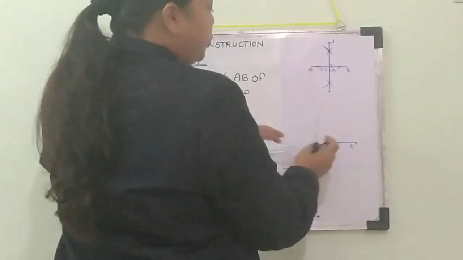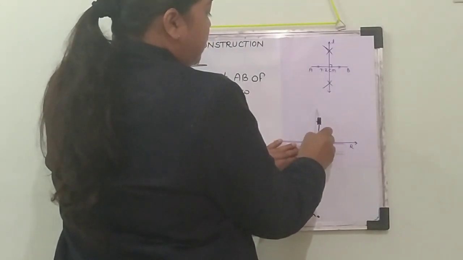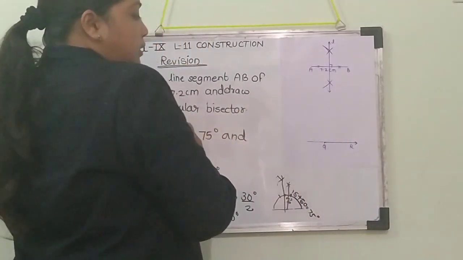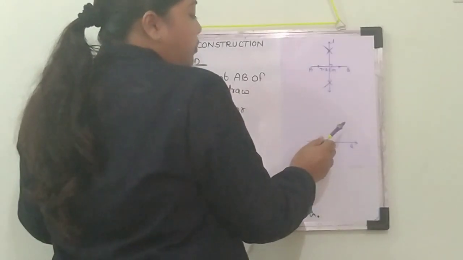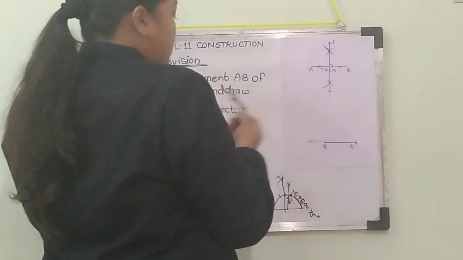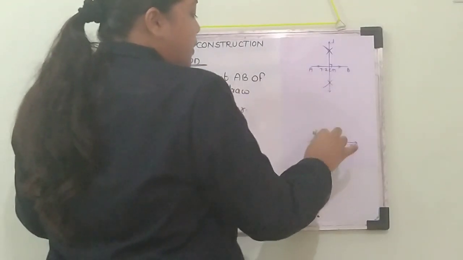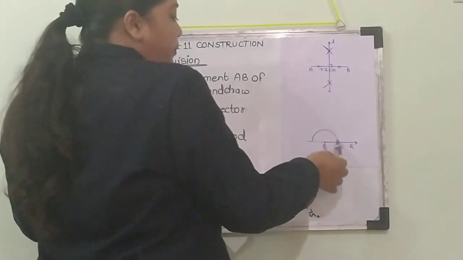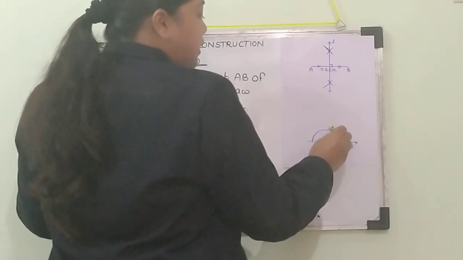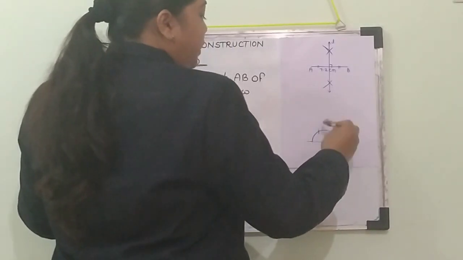First what we have to do? We have to extend this QR ray opposite to the direction, or we have to extend from Q on the left. So we can draw the semicircle. So take some measure or distance in your compass and draw the semicircle. Okay, with same distance we are going to mark the arc. So first arc it is of 60 degree, second arc it is of 120 degree.